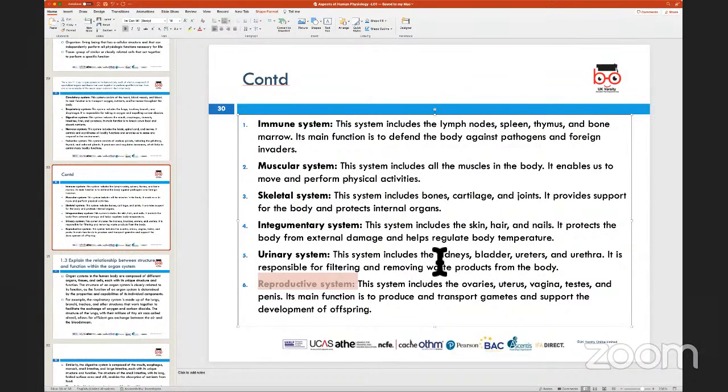So if I was to ask you a question, what is, say, for example, the endocrine system, then I should be able to write 30 to 50 words. So I would start by saying the endocrine system, for example, is a complex network of glands and organs that produces and releases hormones in the body. Hormones are chemical messengers which essentially help us regulate biological processes or body functions in the body. And they could be